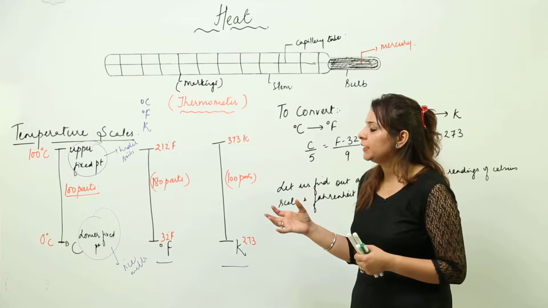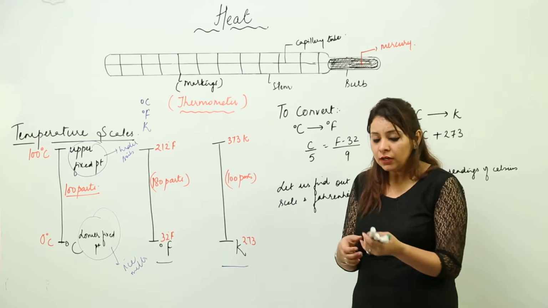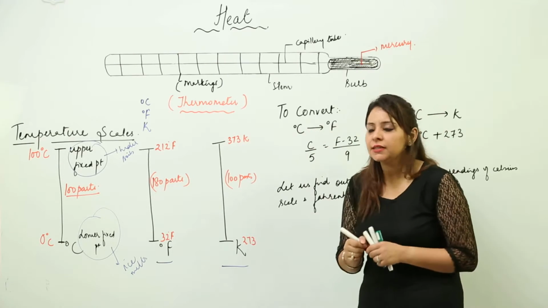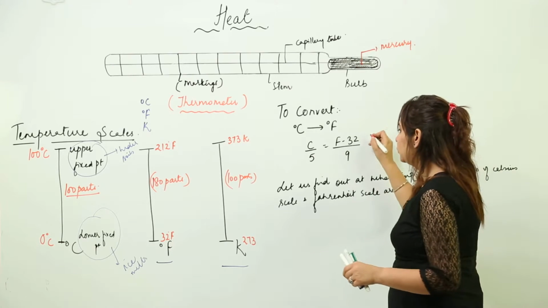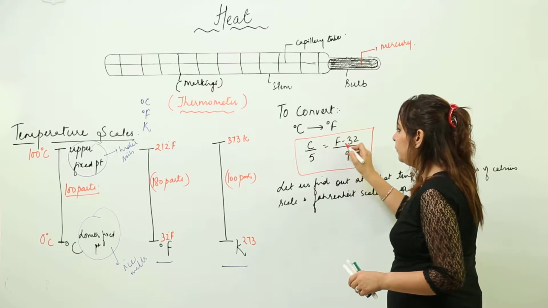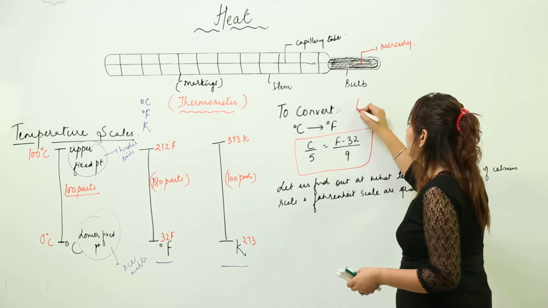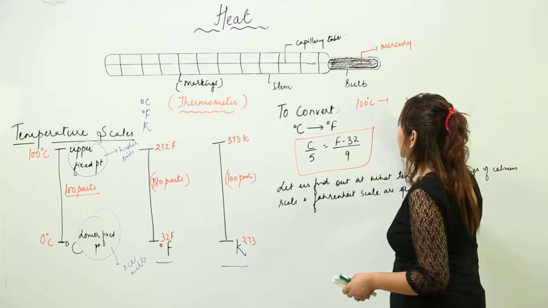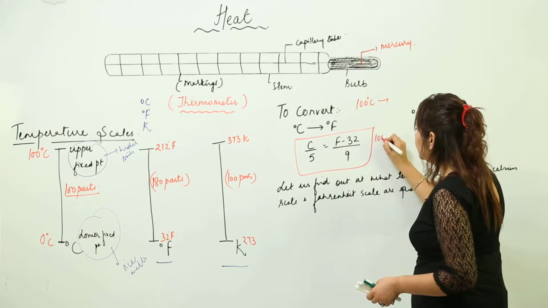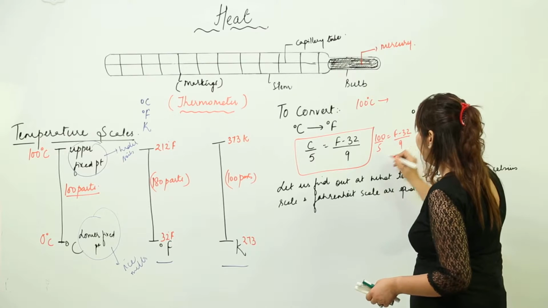And you know that we can convert the temperature on one temperature scale to another. Suppose you wish to convert degree Celsius into Fahrenheit, then what formula will you be using? You will be using this one: C upon 5 is equal to F minus 32 upon 9. Suppose you have a temperature of 100 degrees Celsius and you need to convert it into Fahrenheit. You will do 100 upon 5 is equal to F minus 32 upon 9,